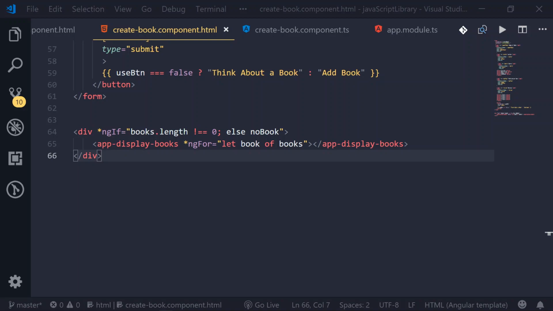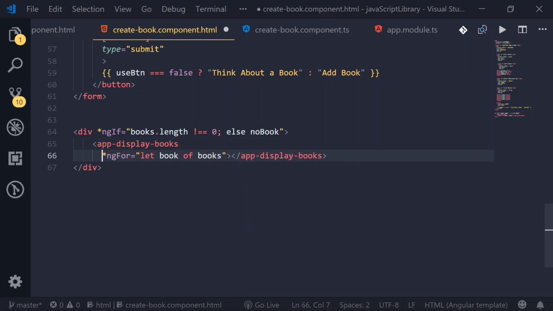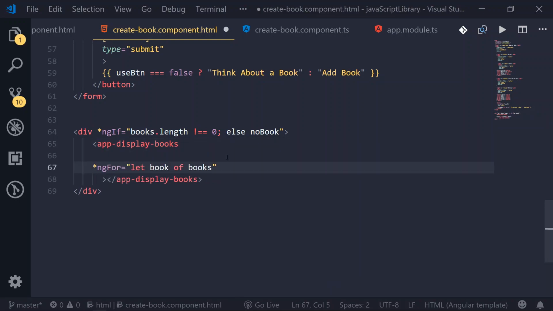So to display the information about the book in our app display books, while we're going to ng4 through that array, we have to set up a way that we can pass the book to our app display books. So let's go ahead and get that started. I'm going to break up app display books a little bit so it is easier to read. And I'm going to add in brackets book